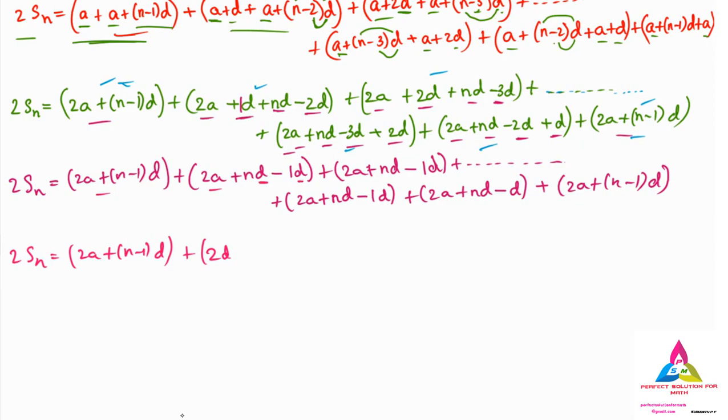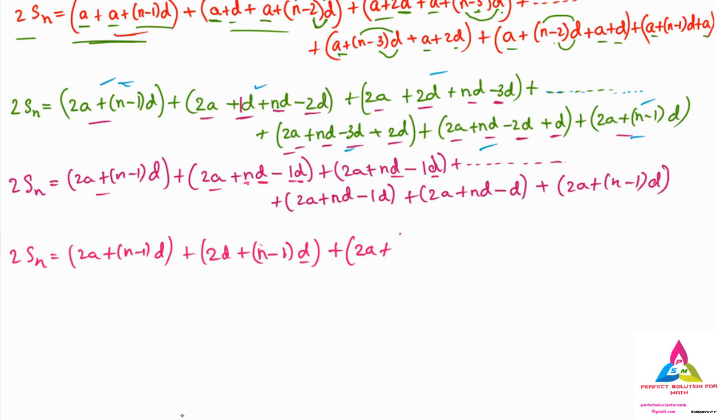Yes, d is common here, and here also d is common. Instead of nd minus 1d, I can write d outside, and inside will remain n, and here it will remain minus 1. So what I have done is take d common, write it outside, and write n minus 1 inside. Similarly over here, 2a plus, here also d is common, you can see nd and minus 1d